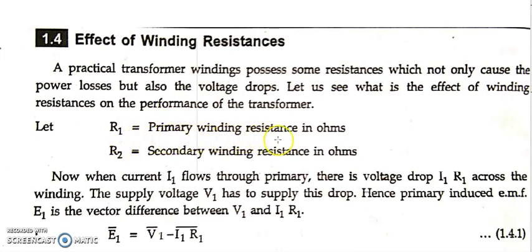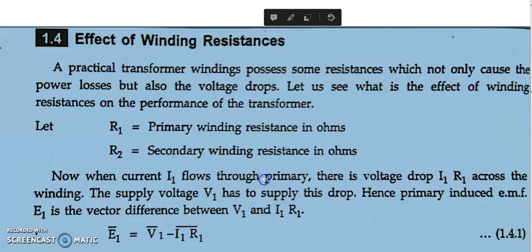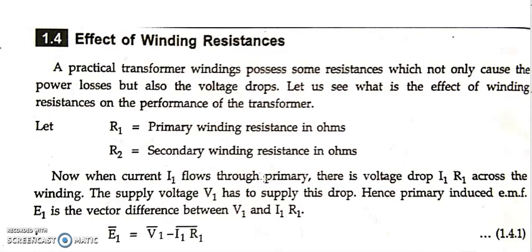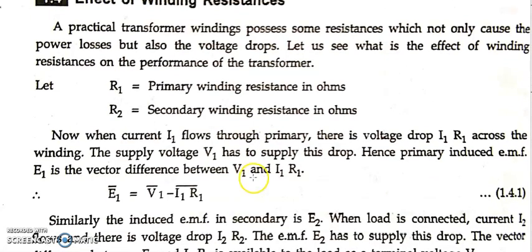So we have primary winding resistance as well as secondary winding resistance. Accordingly, R1 is primary winding resistance in ohms, whereas R2 is secondary winding resistance in ohms. So now what happens when you give supply to the primary winding? There flows a current, which you all know. During flow, there is a resistance offered by the winding. That drop is I1 into R1. The drop which the winding offers is called the winding drop or voltage drop. So with respect to this, they have written this equation. Let us see how this equation has come.